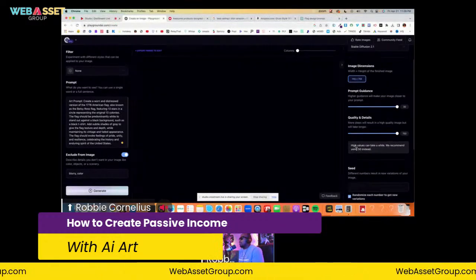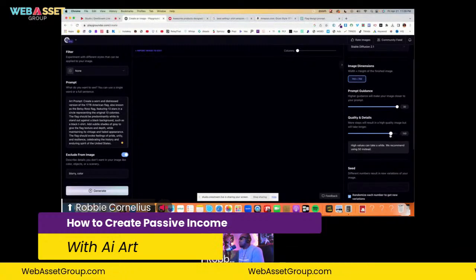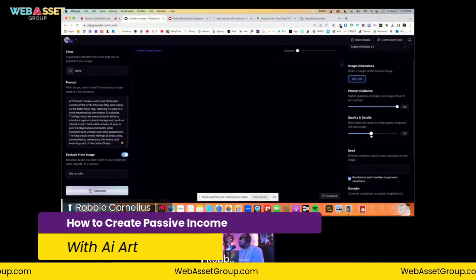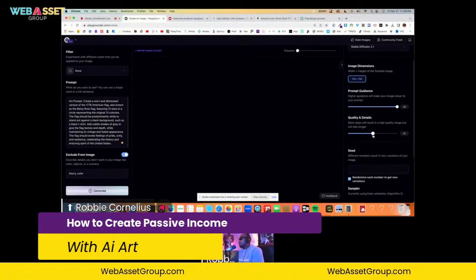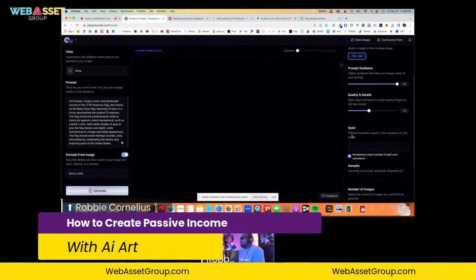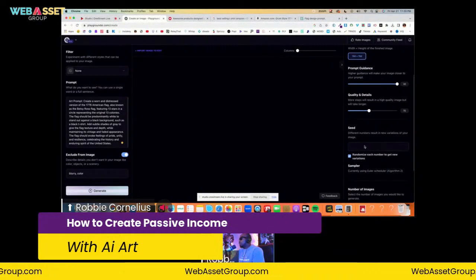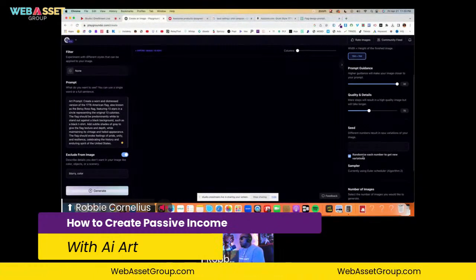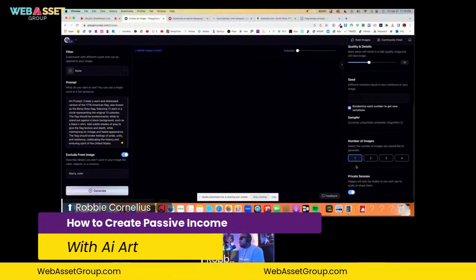So they say high values can take a while. We recommend using 50 instead. Maybe I shouldn't choose that because I'm on a demo. Let's just go with 70. Okay, so 70. And then it says different numbers result in new variations of your image. So I'm just gonna leave that alone.